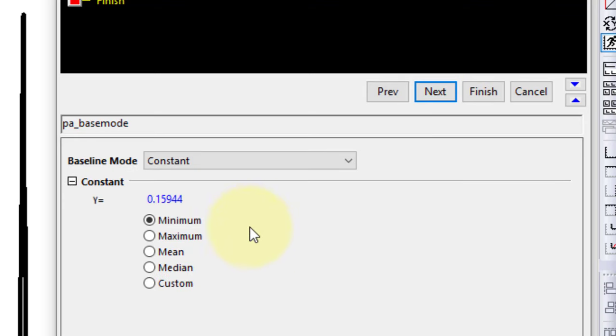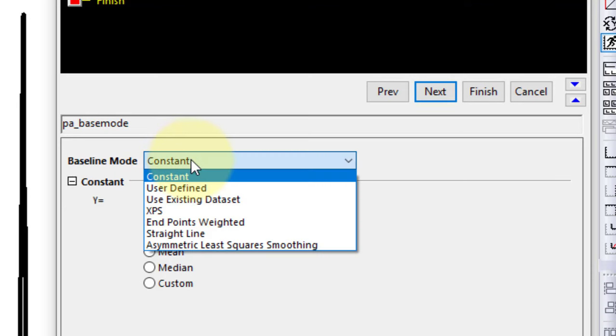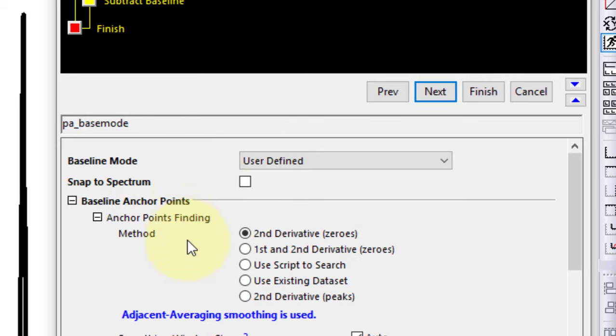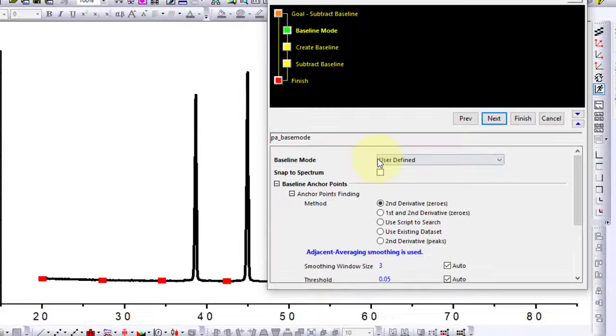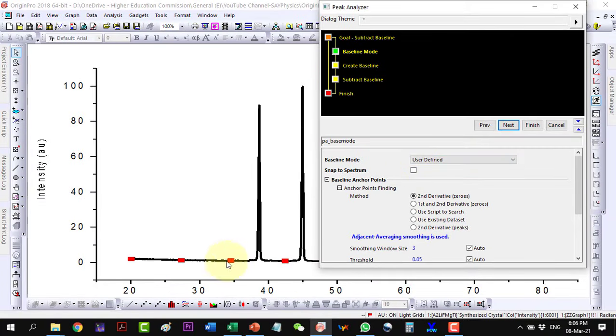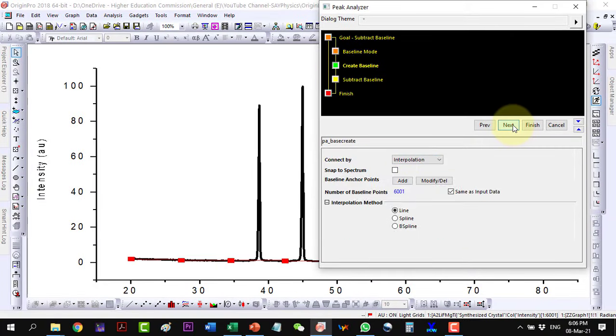Now I have to be careful not to select the constant but the user defined, because the constant profile will not do the job. So now it will be perfect, and I go next, next, and I finish this.